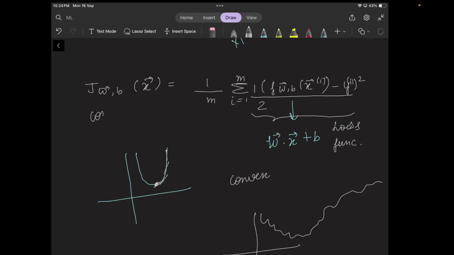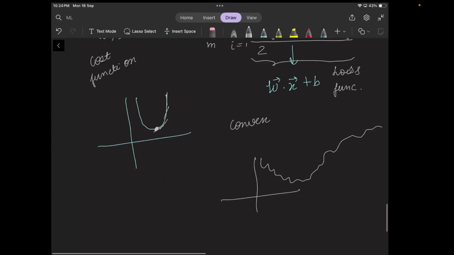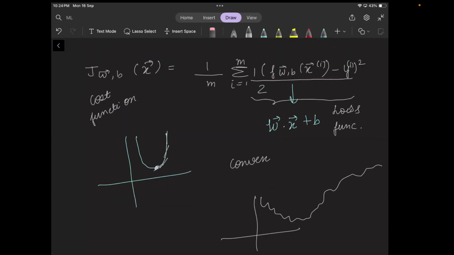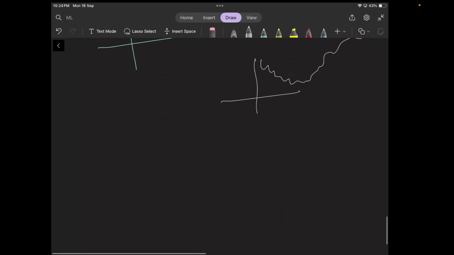This is the cost function. Our objective is to minimize the cost function. Now the loss function for logistic regression is something like this. So loss function for a particular i